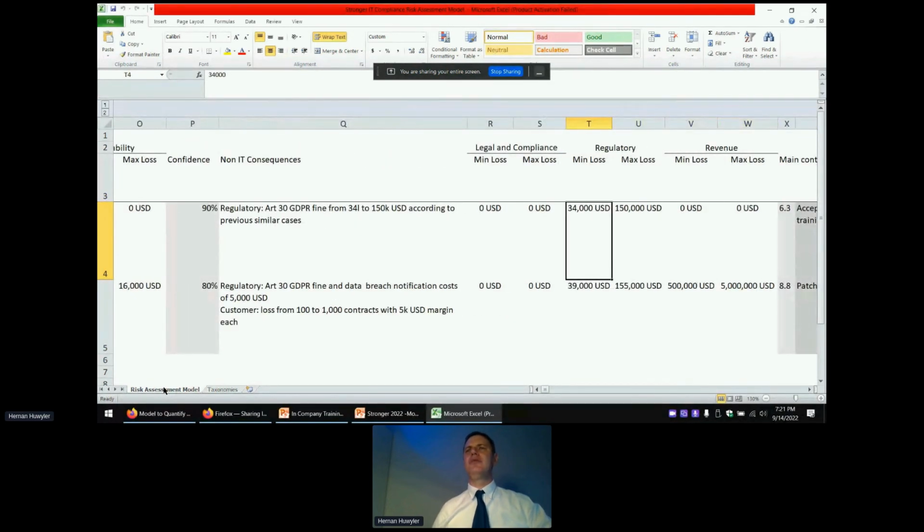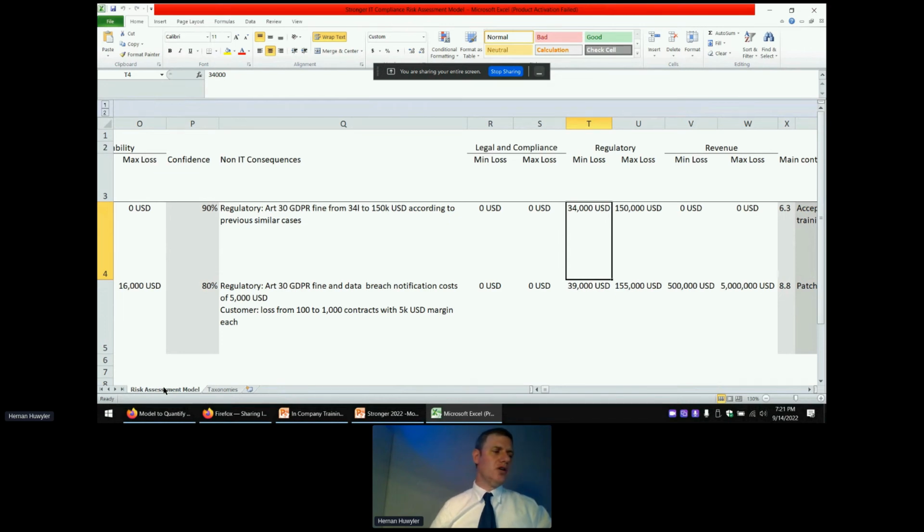Anyway, when it comes to compliance, legal, regulatory, and revenue losses, the scenario is different, because you may need to assess a fine for GDPR Article 30, because you have disclosed the personal data without the proper technical controls.